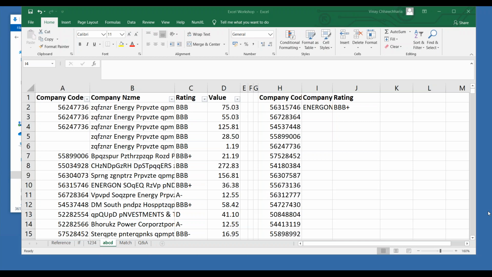Surely the MATCH can be avoided if you don't want to lengthen. You can type 2 or 3. No issues in that. So this is one application, and slowly, steadily, when you graduate in Excel, you will find that instead of writing 2 and 3 above, you will prefer writing a MATCH function, because if you are sharing that Excel with someone, and someone doesn't realize the importance of 2 and 3 at the top, if he deletes that, then your entire formula will go for a toss. So that's the application of MATCH. But yes, as a beginner, or if you don't want to complicate things, surely you can avoid the MATCH function.